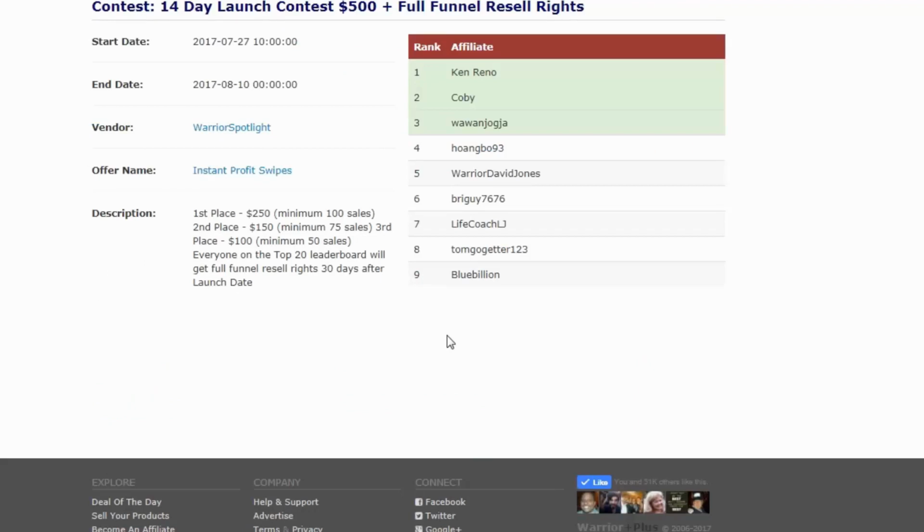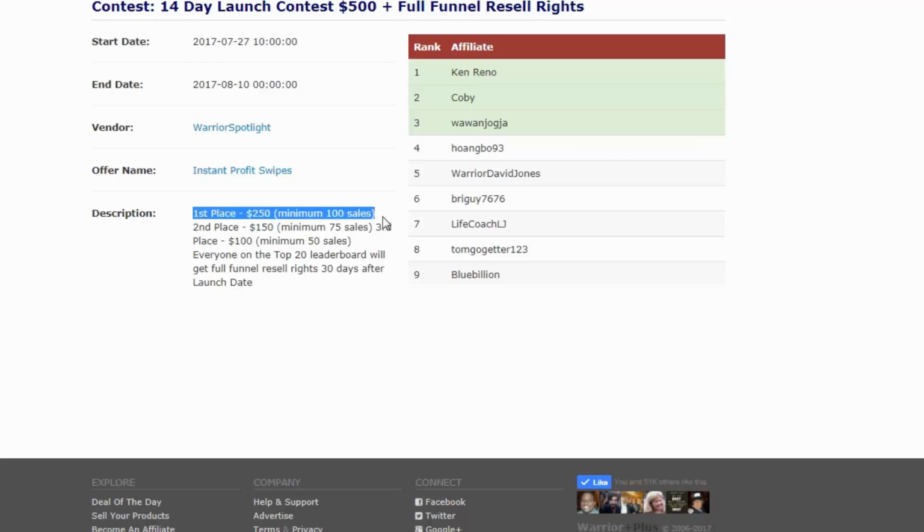So you can see the affiliates that are actually promoting, and where we're showing the top 3 who are going to get prize money. But we want to show 9 because we want the other people to look at their place and keep promoting. And so we make this public, and you'll notice here that this vendor says first place